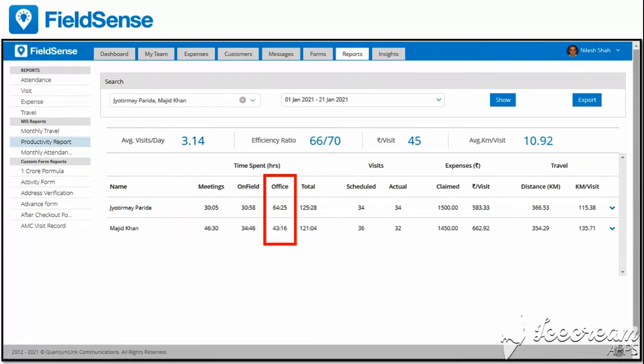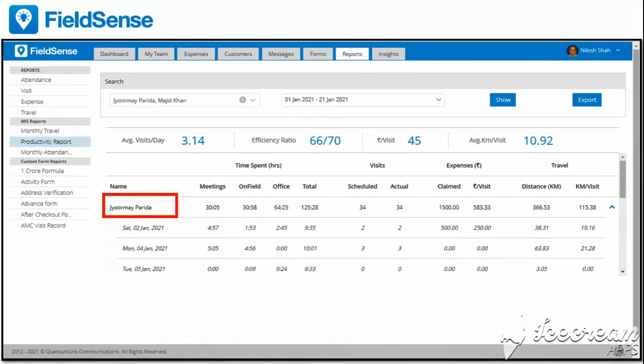So you can see the cumulative hours that your users have spent for the selected date range. For any individual user you would like to check for each day, simply expand it and check the number of hours that user has spent on that particular day.